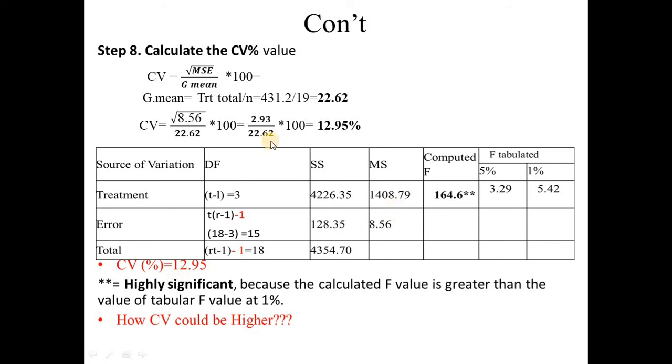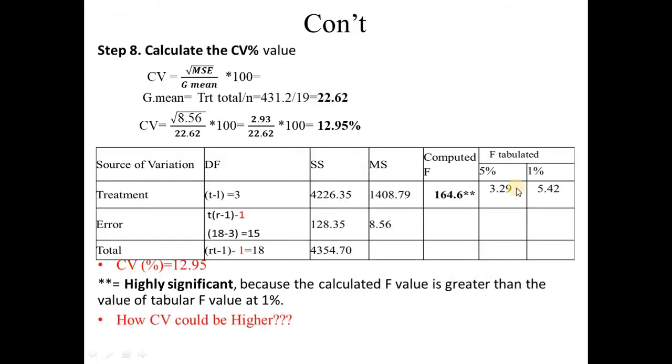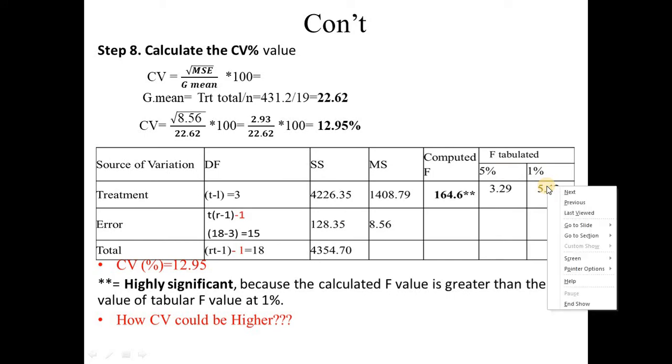And we have to also submit all the sum square values calculated in the previous steps, and also the mean square values, and the calculated or computed F values. This one we have calculated here, and also the tabular value at 5 and 1% level of significance. In order to check how we can obtain such values, yes, we have to go